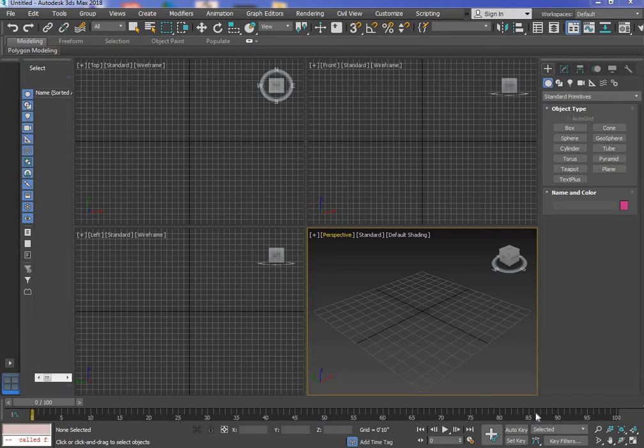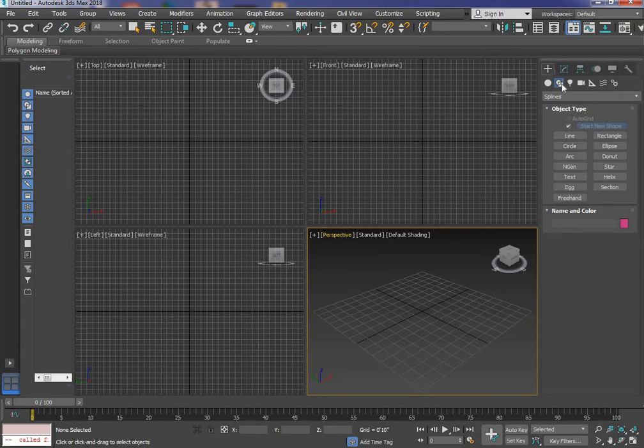In this video, we'll see how to create one chair using 2D elements. So first of all, I have to take one line element. I'll go to shapes. Here you'll get the line option, select this. Here it is very important to know in which view you draw what. So first I'll start with the left view.